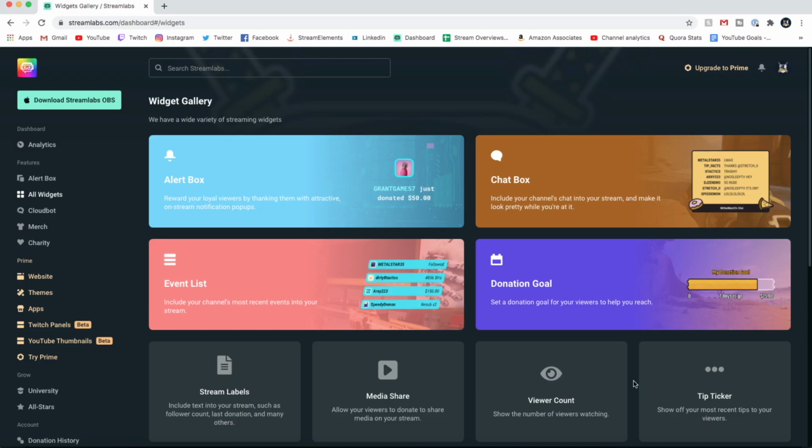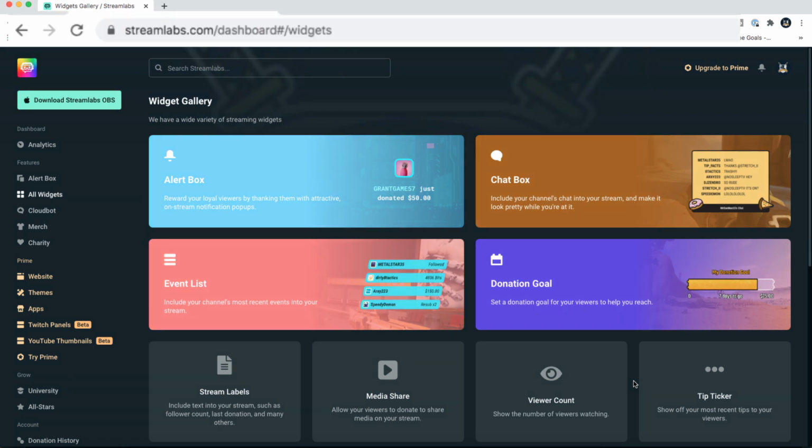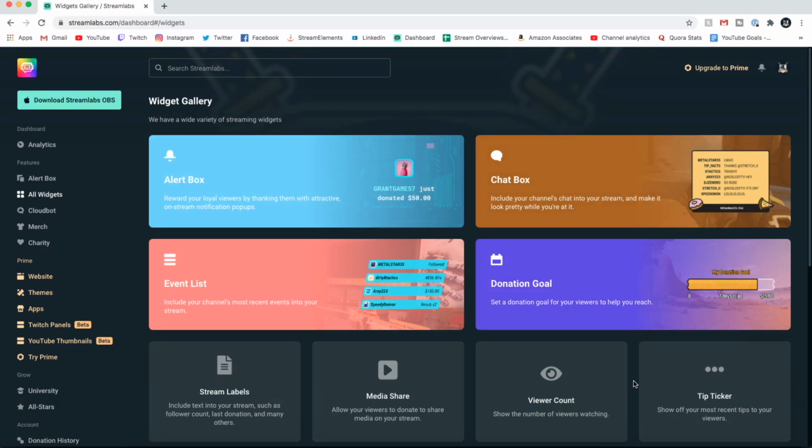Hey guys, I'm OwenLordo3 and today I'm going to be showing you how to add a view account onto your Streamlabs stream. Now, first off you want to go onto your dashboard, so this is going to be on streamlabs.com/dashboard, and then you're going to want to come over to all widgets on the side here. And now when you're on this it will show up like this, and you want to come over to view account,